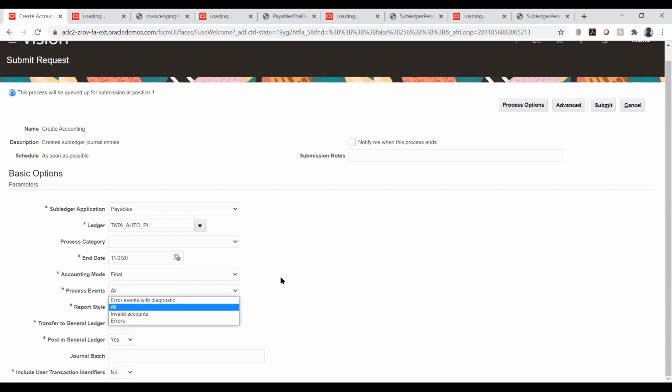Or if we want all events to be considered, we can just select all. In this case, I'm selecting all. And report style, we can have it either summary or detail. Usually it will be detailed so that they will have the information. So I'll just submit this.